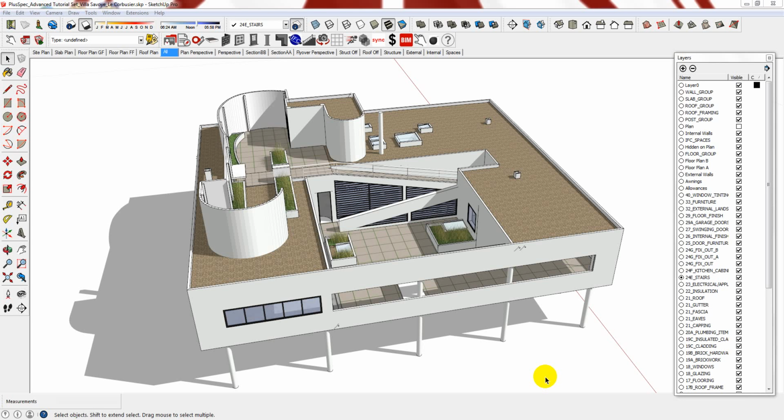The good news is that Plusspec has automated the layers for everything that you draw using the Plusspec toolset. We recommend that you do not alter the default naming convention that Plusspec has set in place, as there are further complexities that you would need to understand before doing so. Even though Plusspec automates the vast majority of your layers, there will still be a degree of manual layer creation